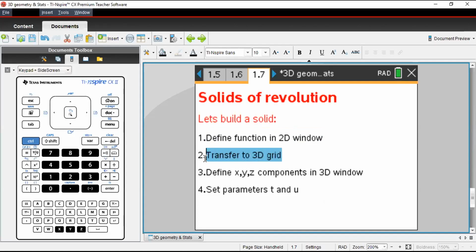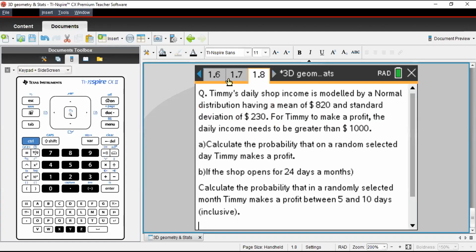Once we are done with this, we will then define XYZ components in 3D window and use the parameters T and U. So T and U can be defined and interpreted however you like. It is nothing fixed. Now let me just show you this.